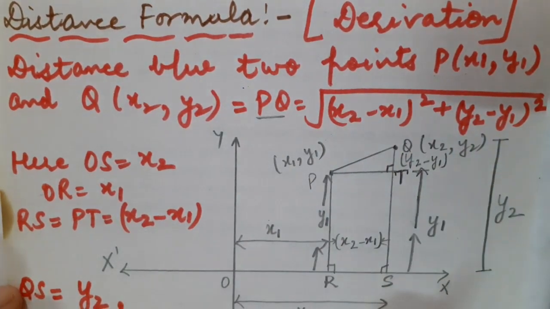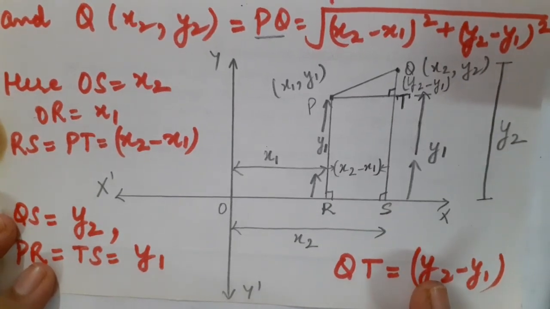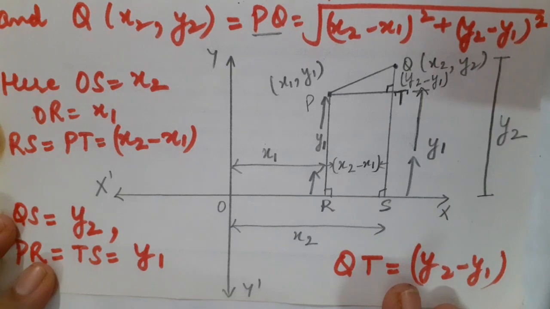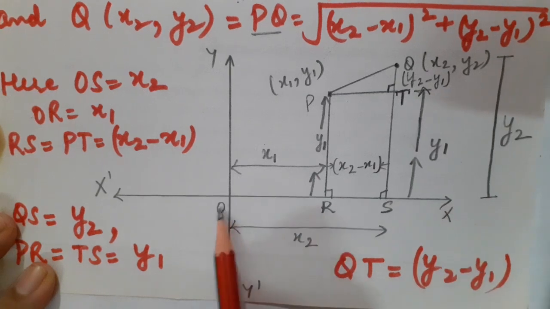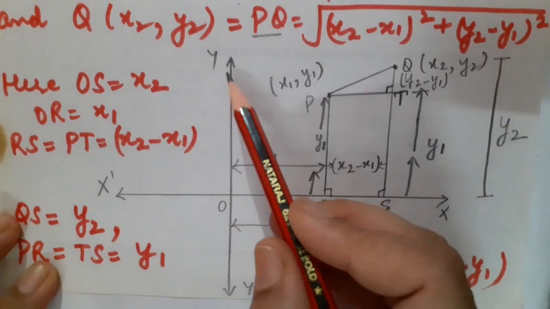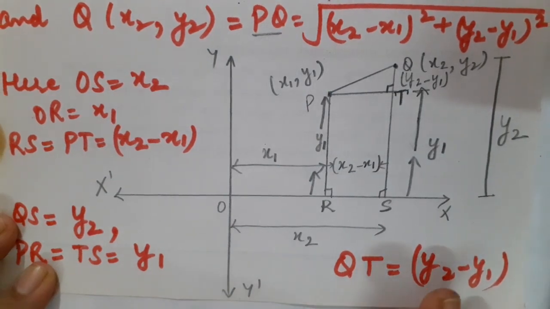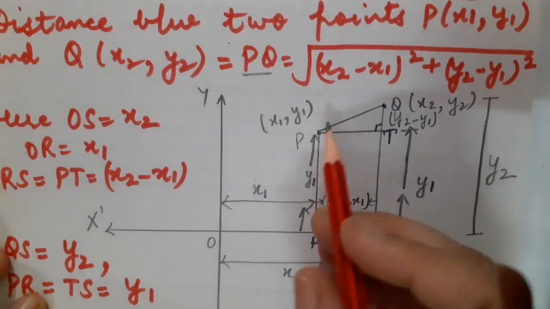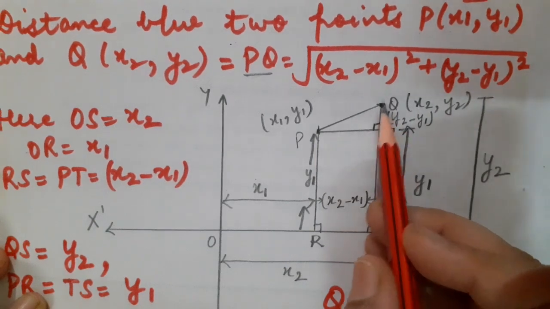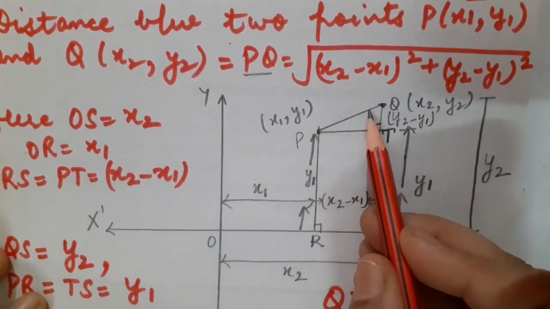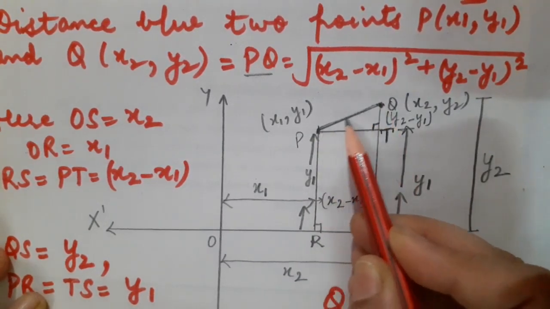Fine students. Now, please look at this Cartesian plane very carefully. Okay, then I am going to make you understand it. First of all, I have drawn a Cartesian plane. Here you know the horizontal line which is XO x dash is known as x-axis. Vertical line YO y dash which is known as y-axis. Fine students. After that, what I have done children, as I have just explained you that I am going to calculate the distance between 2 points P as well as Q. So I have plotted P and Q on the Cartesian plane and this is basically the distance between them. Fine. This distance I will have to calculate.